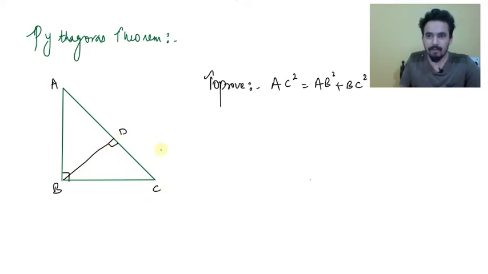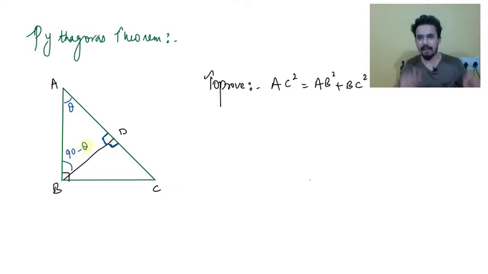Okay, now we will be using the concept of similarity with angle sense. Now see, this is very important. Suppose I assume this angle is theta. If this angle is theta, this is 90 degree, so this will also be 90 degree, linear pair, right? Angle in a straight line, 180 degree. So this is theta, this is 90. So this angle must be 90 degree minus theta, because the sum of angles in a triangle is 180.